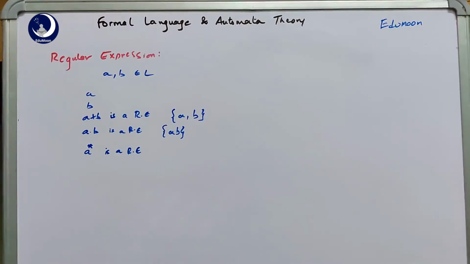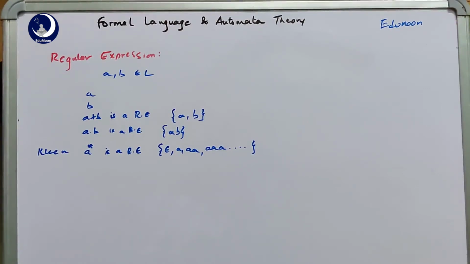Now this set contains any number of a's that can be generated using that expression, that is zero a's, one a, two a's, three a's and so on. For zero a's, we represent it simply using the symbol epsilon. So a star is a regular expression that generates the strings epsilon, that is the empty string, a, aa, and so on. This is what we call the Kleene closure.